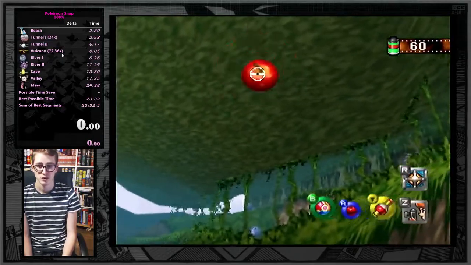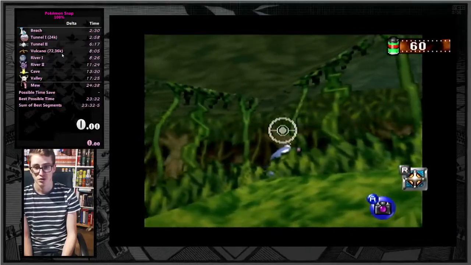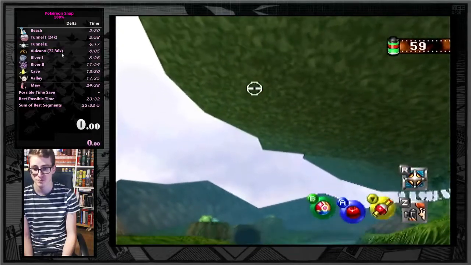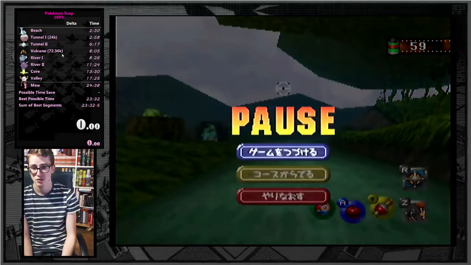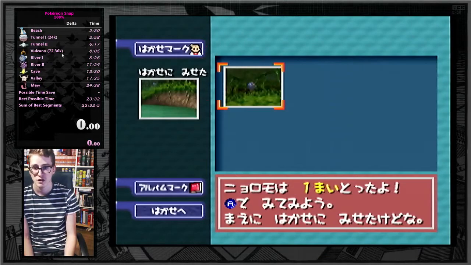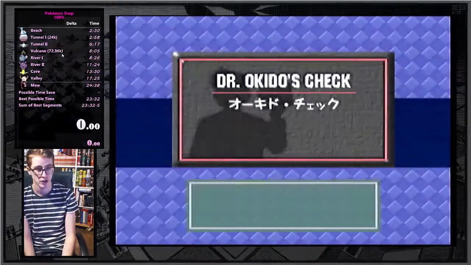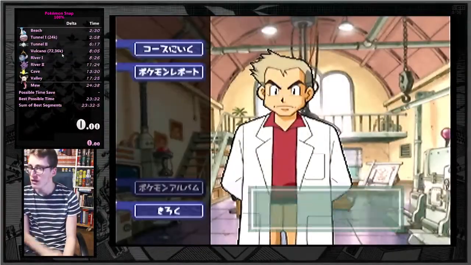You can either make them run down the hill or wait for them to jump. This should work as well. I guess this is everything for River, because you just want to have a censored Poliwag. There we go. Now,